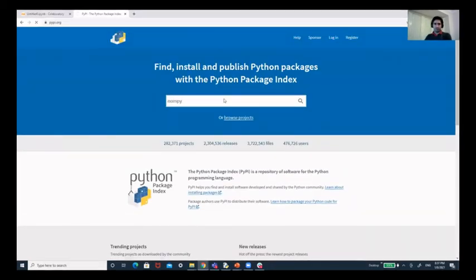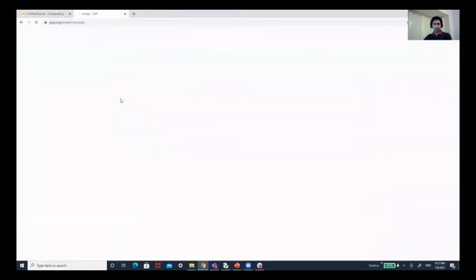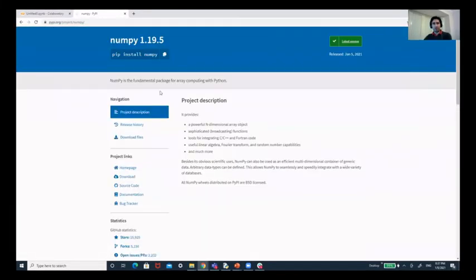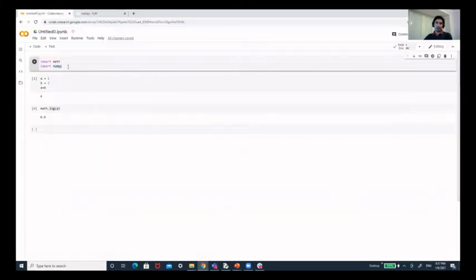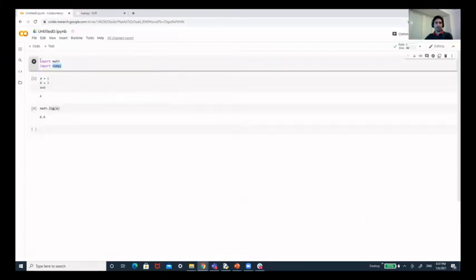I'm not quite sure how it's pronounced, but it's where you see all these projects that are published. If I go to one of the most relevant ones, you have NumPy, and this is the NumPy library. So when I do import here, what I'm really doing is using the package that is installed on the machine. Or at some point, if I want to use a library that is not available, I need to download it from PyPI, and you should actually install the library. I'll go to that in a second.